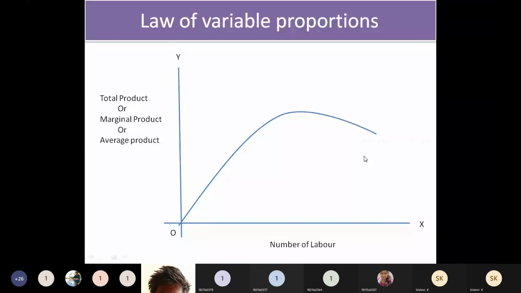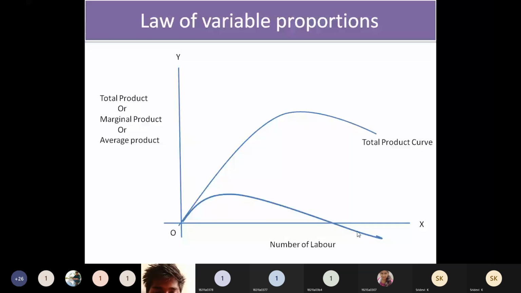So name this as what? A total product curve, or TP curve, note it in short form. And we need to show the marginal curve. The marginal curve is increasing to some extent and started decreasing, and it reached negative. Negative means it crosses the x-axis, to enter into the negative values.